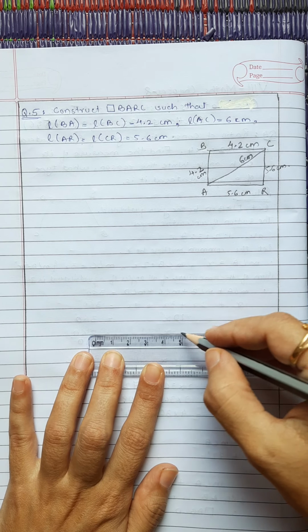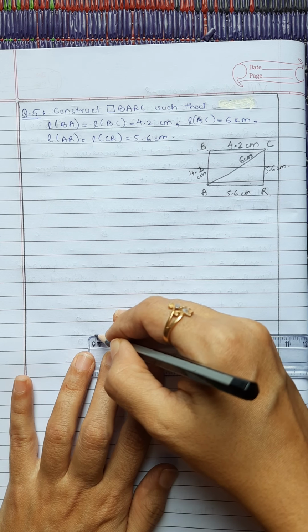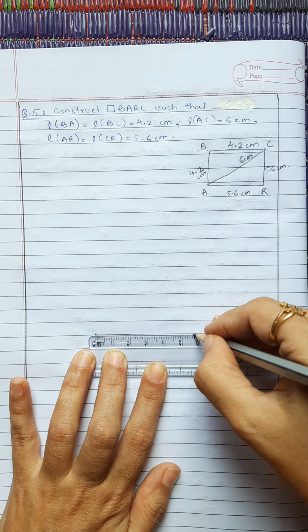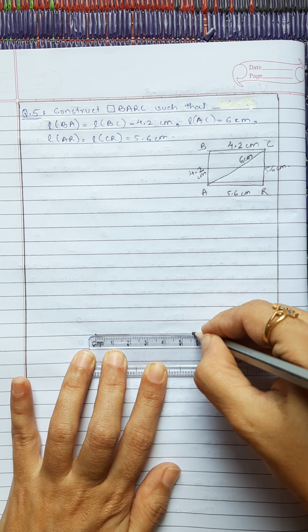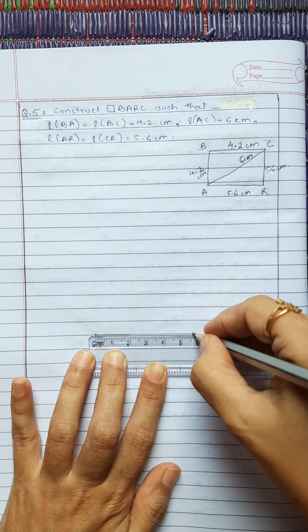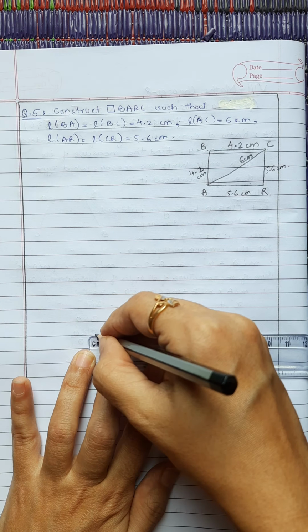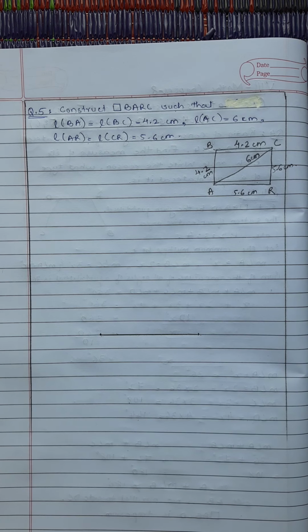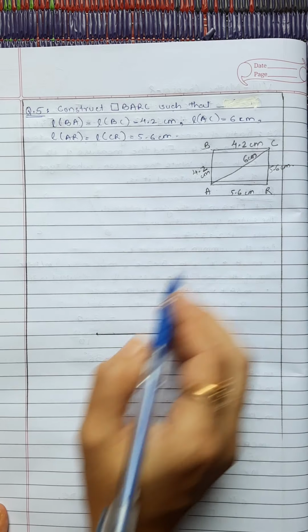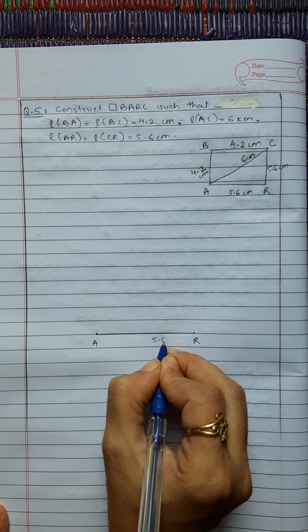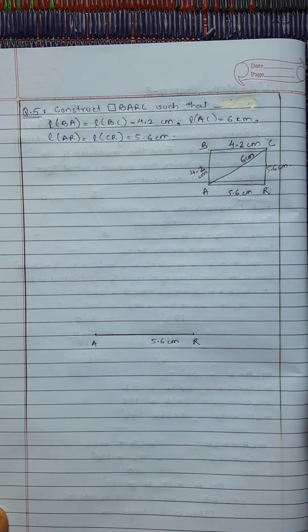5.6 means starting from 0 till 5.6 here, 5 and then small 6 points. So it will be 5.6 length side, and we'll name it as AR. Name it as AR, and it measures 5.6 centimeters. Now